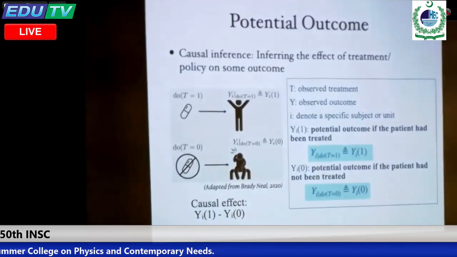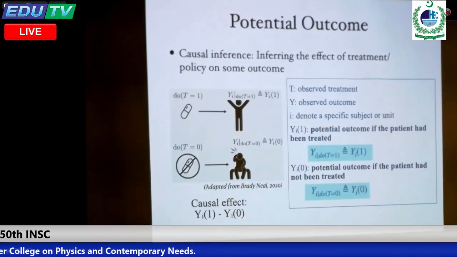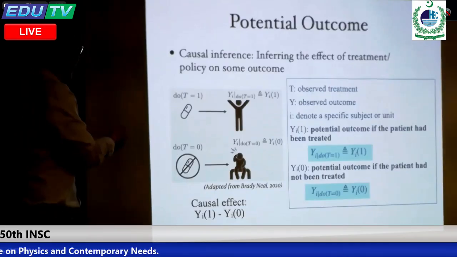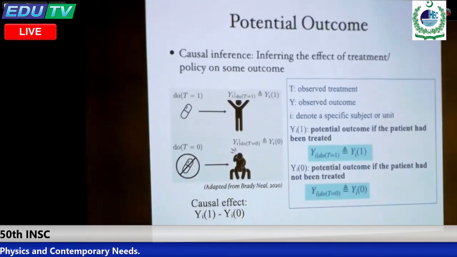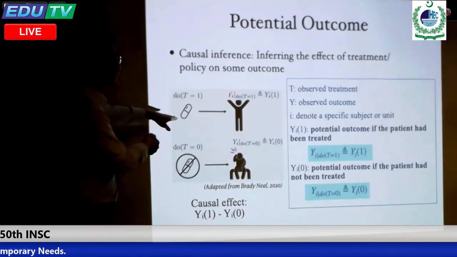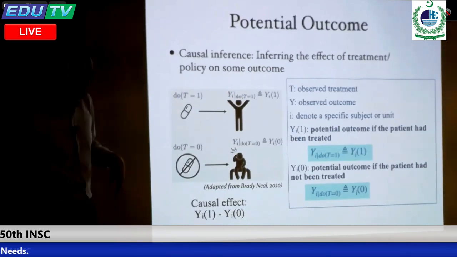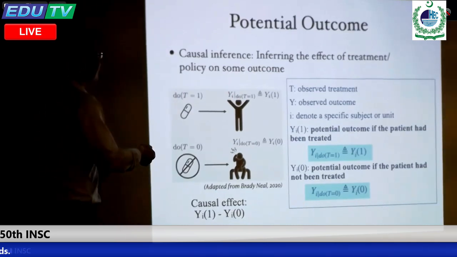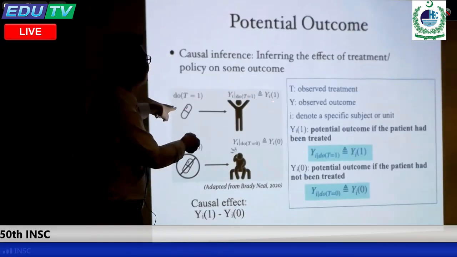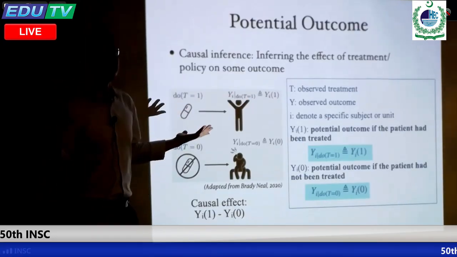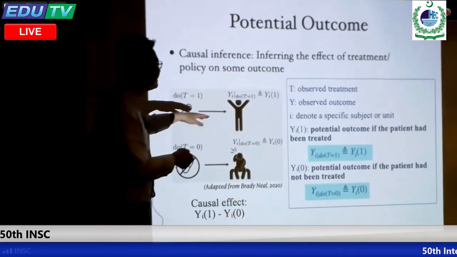So now comes the potential outcome framework proposed by Donald Rubin from Harvard. In statistics, a lot of people use the potential outcome framework. Let's make it very quick. I will explain why it's called a potential outcome. Here, we try to infer the effect of a treatment, or a kind of policy, on some outcome. So we have Y as a target variable, the outcome, and we have T, the treatment, the variable you can do intervention on. If you observe those, the effect of intervention, then everything is given. It's very simple. Here, let's see the definition.